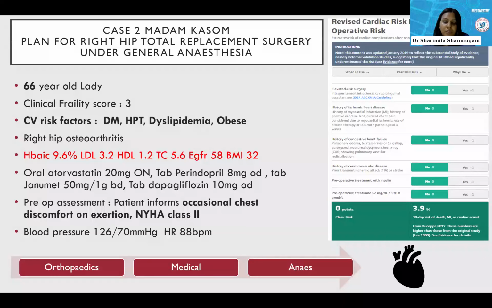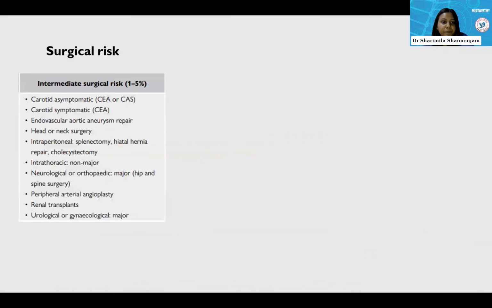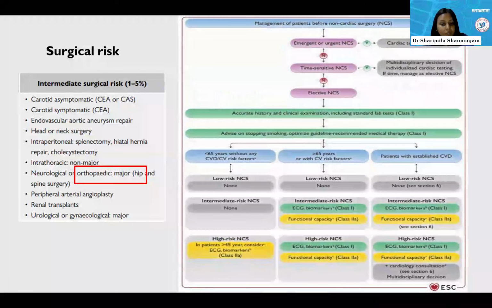But somehow, of course, I know if I do the score up, it's quite high. The surgical risk is 1 to 5%. She's going for a major hip surgery. So we want her to at least reduce her risk and complications. And of course, she's a very anxious lady. Her family is all very supportive. So what we can actually do again is to see how we can clear her for the surgery. The same chart,